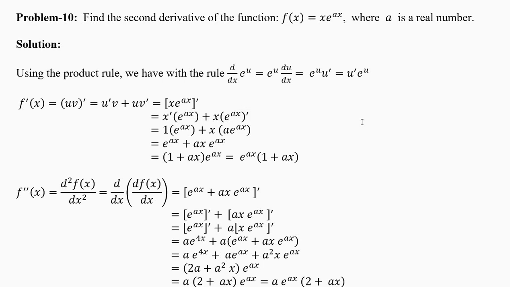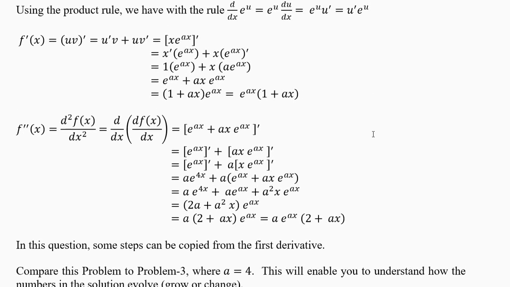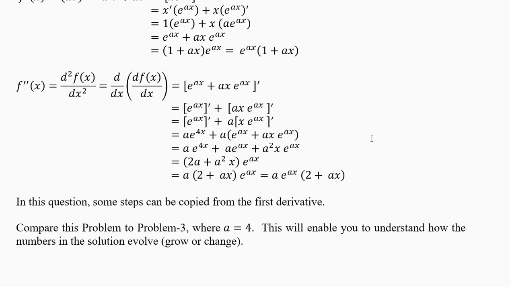Derivative of the second function is e power ax. What's the derivative of e power ax? It is e power ax into derivative of ax. Derivative of ax is a into derivative of x. a into 1. So it is a. a into e power ax. Now you open the bracket, you will get ax e power ax. Now if you are doing only the first derivative, you can take e power ax common and write 1 plus ax or ax plus 1 either on the left or on the right. It does not really matter because we are not going to use that in this question.